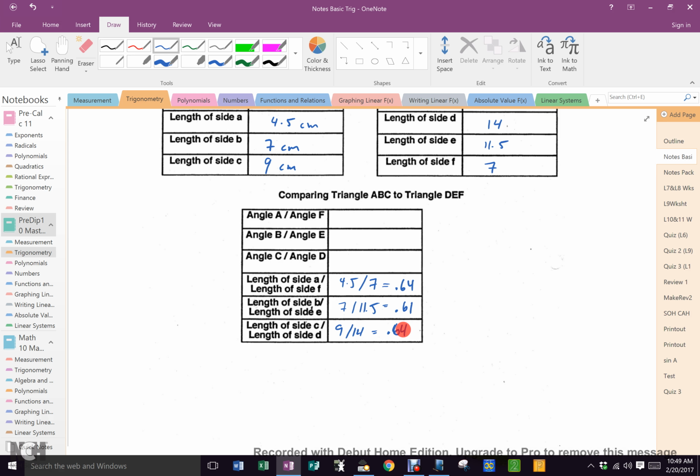Should they be exactly the same? Yeah, they would be. Why aren't they exactly the same? What went wrong? Measurement, right? Because we're measuring with inaccurate devices, right? This tells us that if I take a triangle